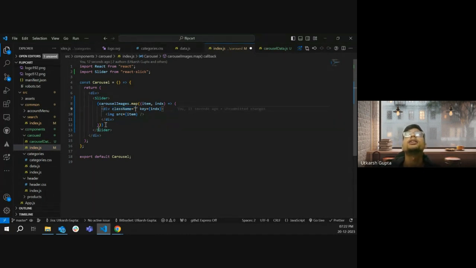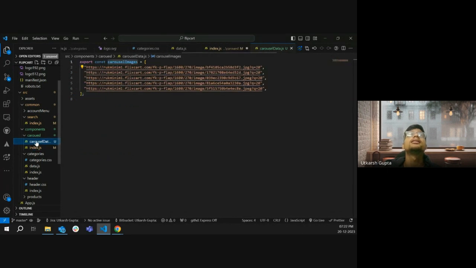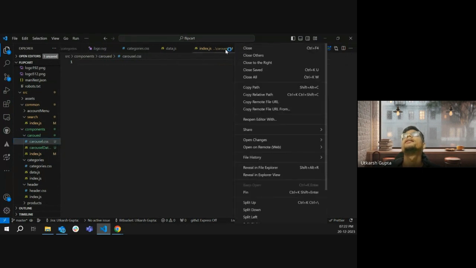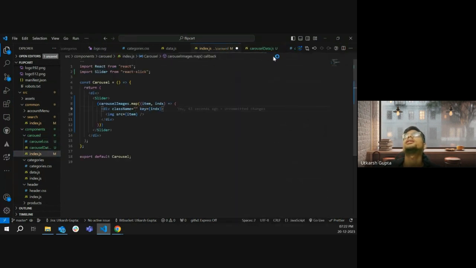Okay, so here I'm going to write my CSS again for this particular carousel. So carousel.css. Here I'll write carousel